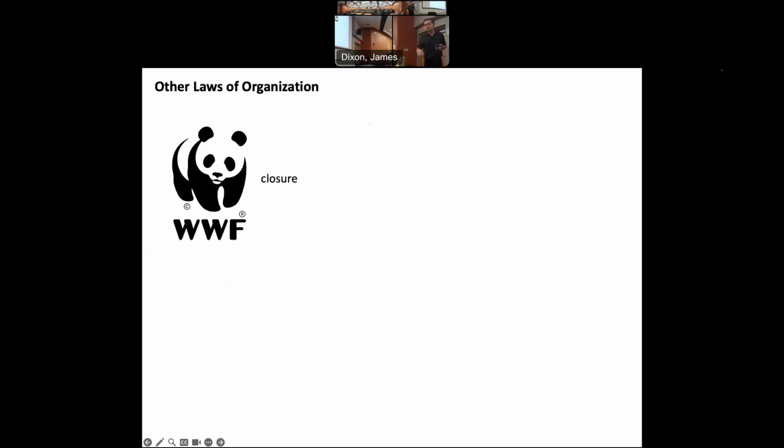So there are a bunch of other laws. I'll just name a couple because they're ones that you see all the time. So closure: you tend to assume that all curves are closed even when that closure isn't visible. So here we assume that the panda bear's head is a closed figure, even though there's no edge between the ears. All right, so that's the law of closure. Even when we can't see all of the edge, we assume the edge exists.